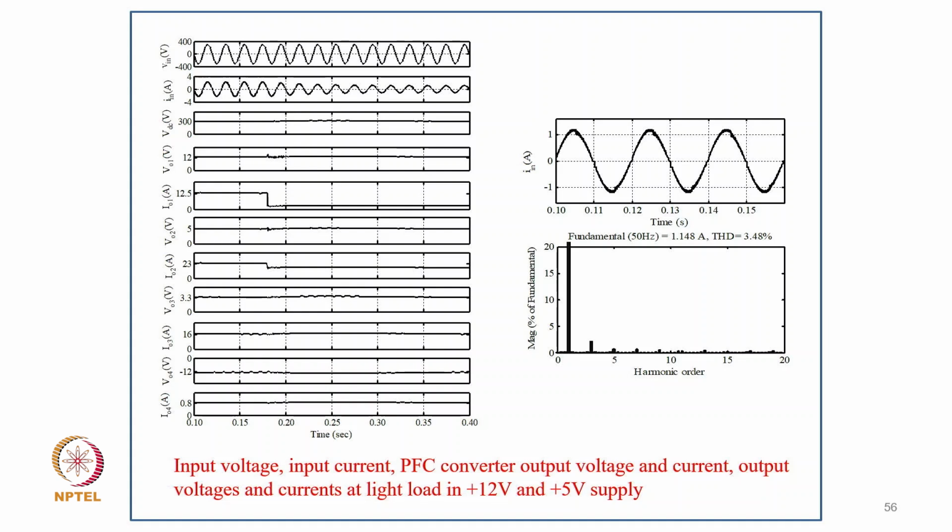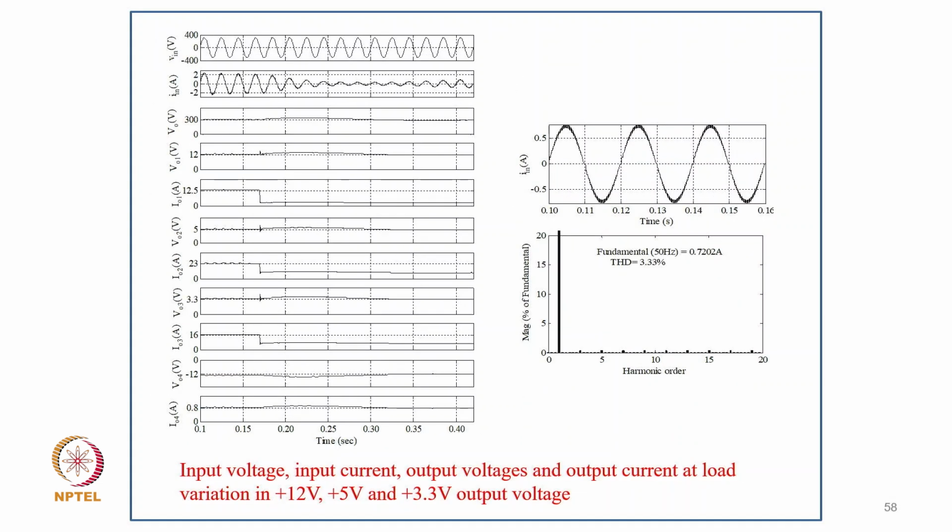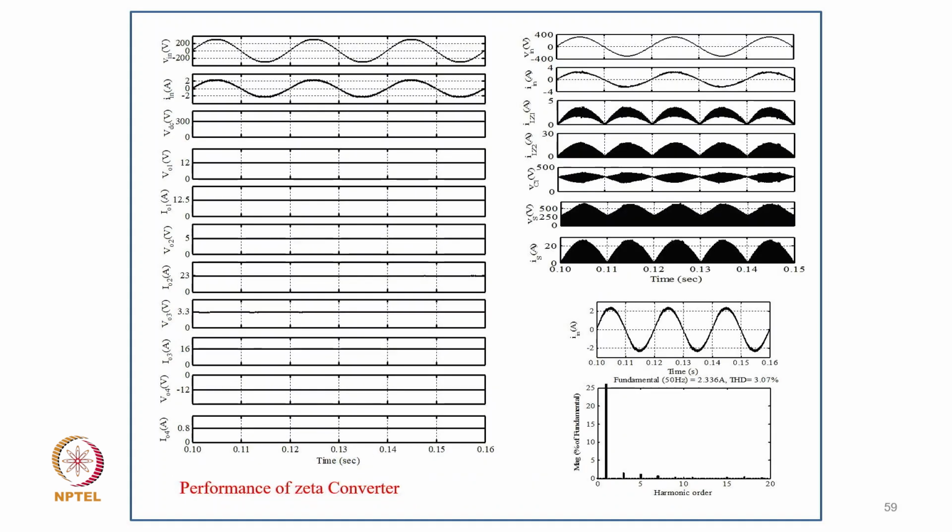Even when you vary the load, you can clearly see that power factor is maintained and the supply current is maintained sinusoidal, in phase with the supply voltage. In the case of the simple buck boost converter, here also you can clearly see the input in the design in DCM, and THD is only 2.67% at the full power level. If you vary the load, even at light load condition we have a THD of only 3.33%, for different output load variation as you can see in the waveform.